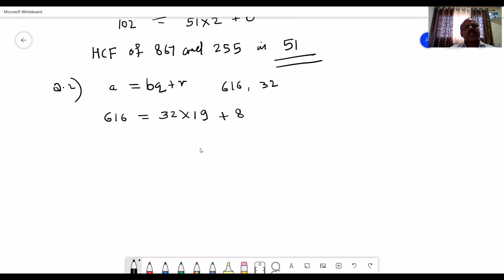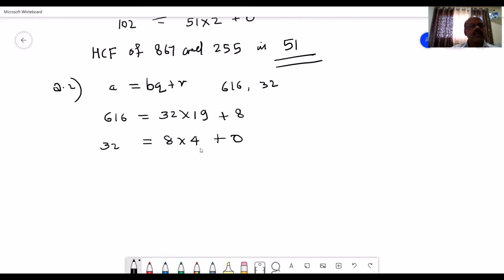And now, as per the previous example, what I have shown, 32 will be coming over here. 32 will be equal to, here will come the remainder 8. How many times will 8 go in 32? 4 times. And what is the remainder that you are getting? The remainder you are getting is 0 only. Nothing is there as the remainder. So we have got the solution. The solution is here 8. The divisor 8 is the solution.